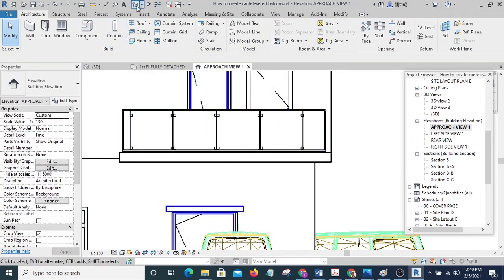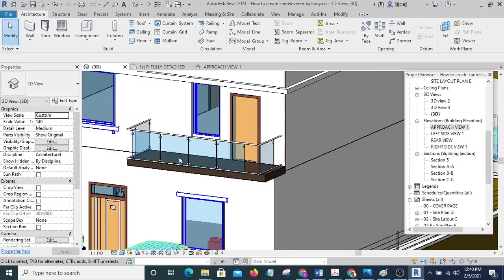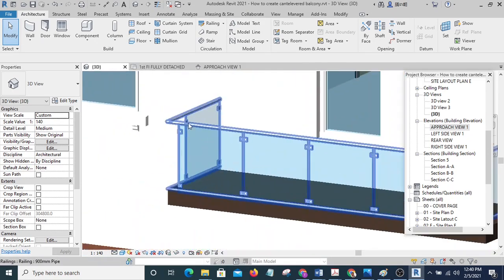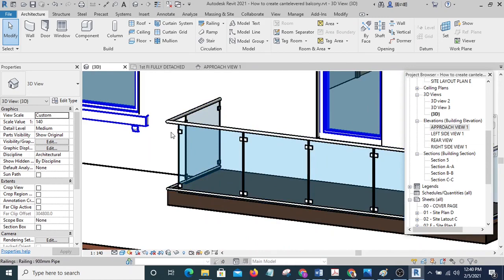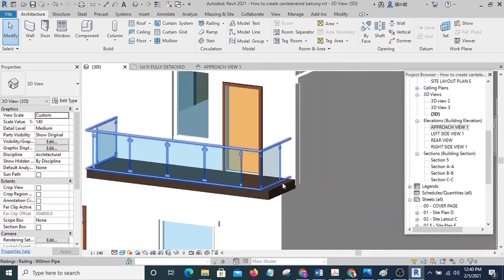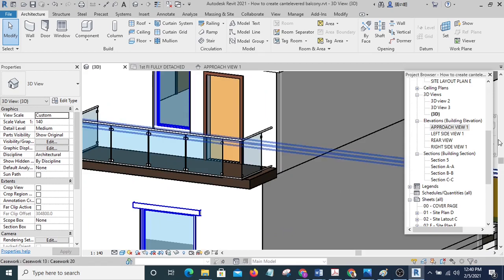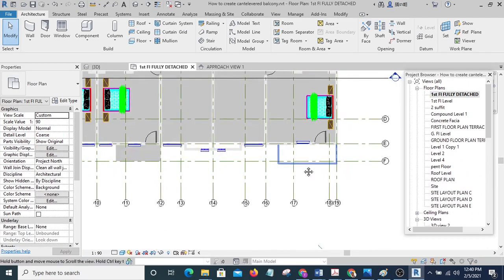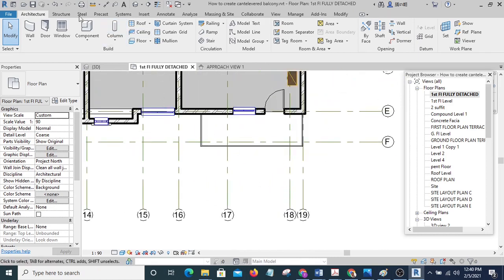Okay, you can see the height is what we want now, but you can see there is a little gap between these two panels. The panels on the edges, there are gaps. So I'm going to use extrusion to close that gap. I'm going to go to this floor, then I'm going to use extrusion to close that gap.